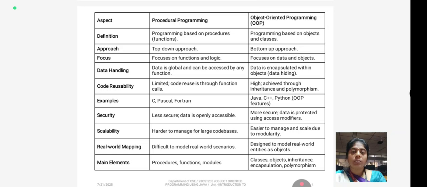Data is protected by using access modifiers. For scalability, procedural code bases are harder to manage when they are larger, while OOPS is easy to manage and scalable